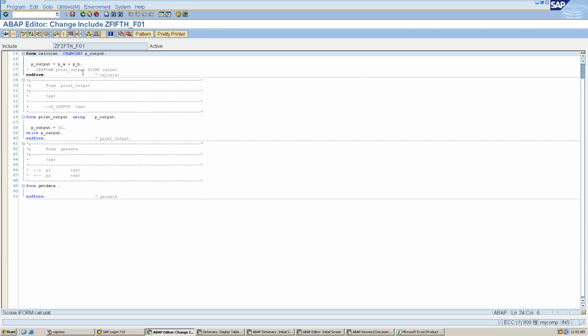Are you getting my problem? For example, I have to write a logic for sending an email, and that logic is very big. I have written it in this program in one form, and now in another program I also have to send the email, so I have to write the same logic again. And maybe I'm not aware that we have already written this logic somewhere, because I'm a new developer, so again I will write the same logic. So the problem with this form and perform is that it is generally used locally; we can call it from outside, but again it has many drawbacks.